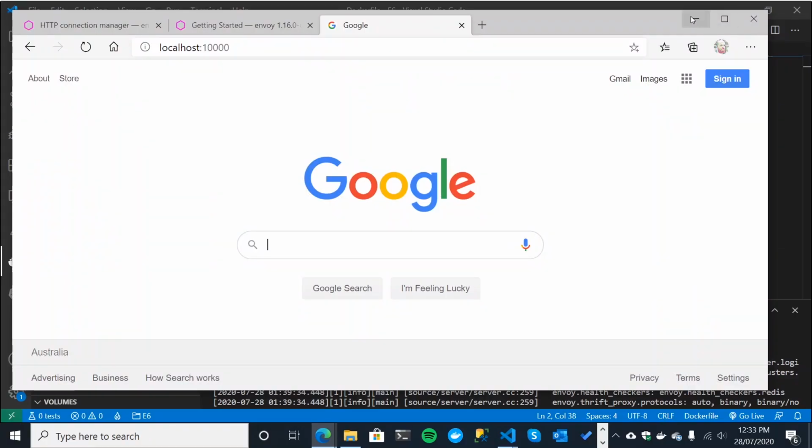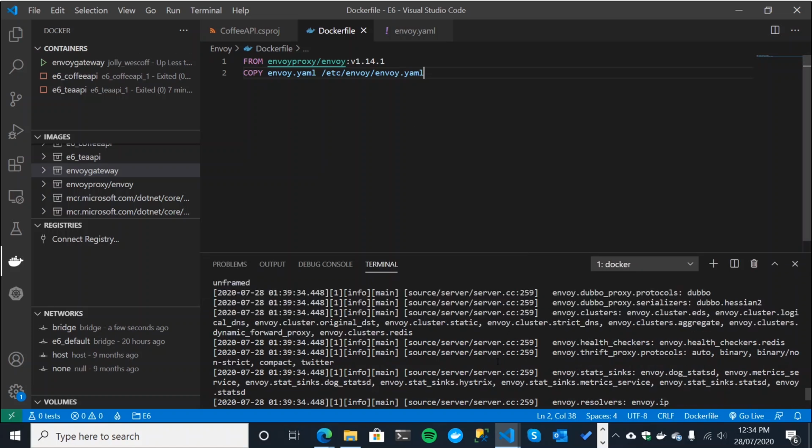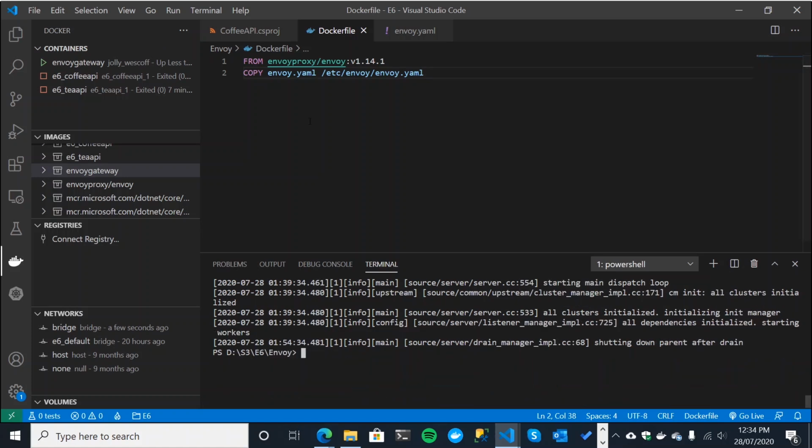Okay, so we want to move what we've done by and large from a Docker file into Docker Compose, basically so that we can start everything up together, and we also get the benefits of the networking that comes with Docker Compose. So let's kill our gateway by doing a right-click stop.